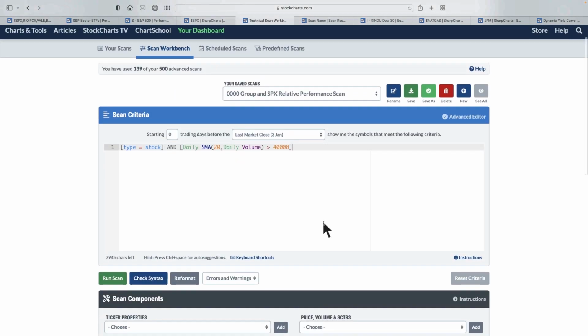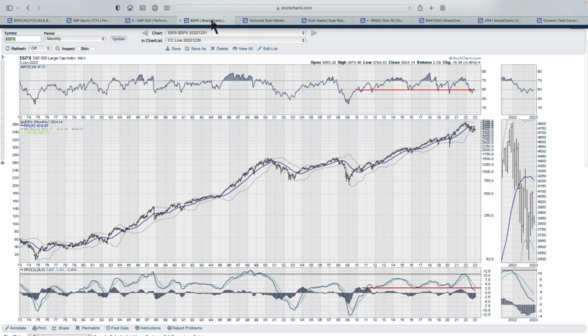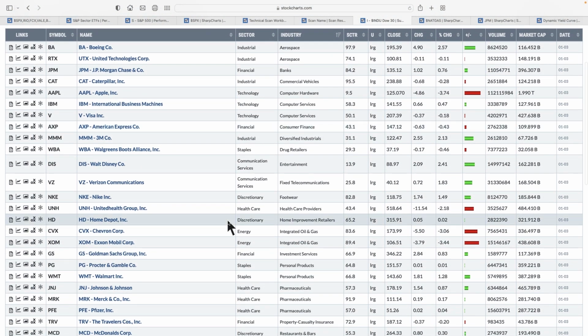And what I want to do, let's say I want to refresh. I have a chart of the Dow stocks, here's my Dow 30 stocks, and I still have an old version with ExxonMobil in it. And of course, ExxonMobil got kicked out, and Salesforce got put in. So rather than going through and trying to retype the names, the other thing you can do is